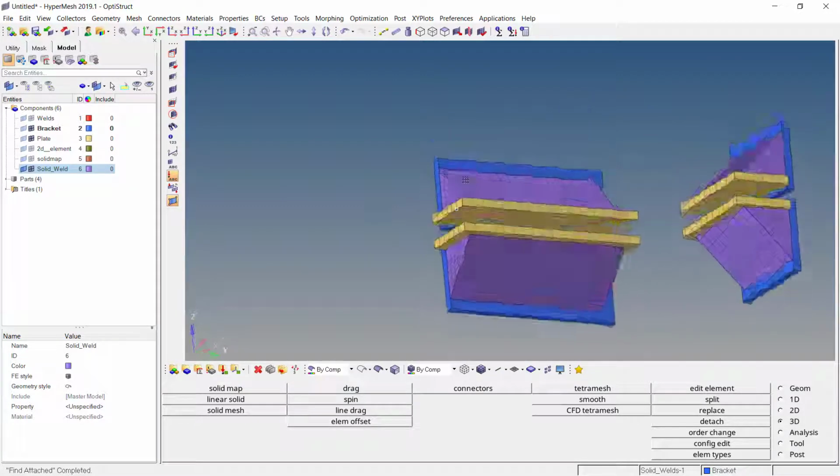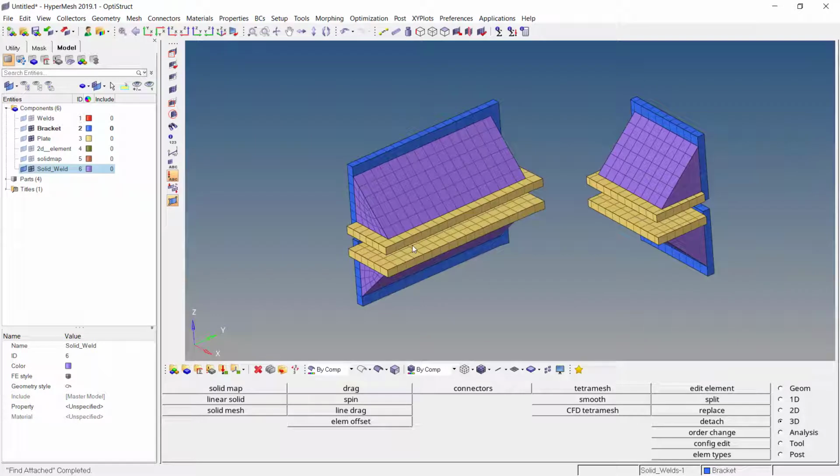So this is how you can create the solid weld. I hope you have understood it clearly, and even if there are more doubts in the solid weld, feel free to ping me at any time. We will resolve all those doubts. So we will meet in the next session. Till then, take care. Goodbye.